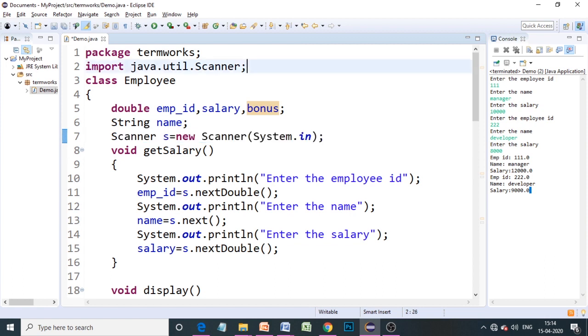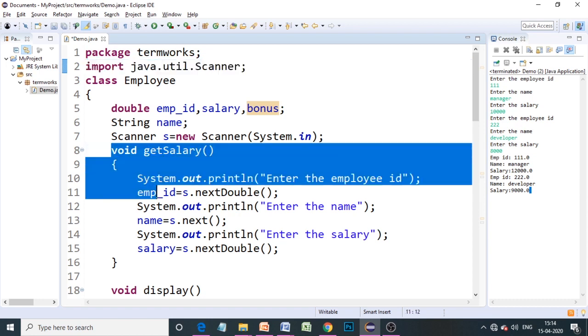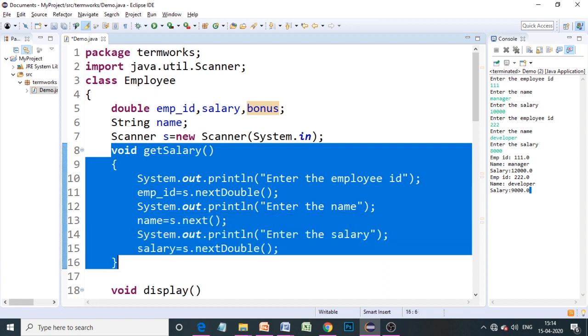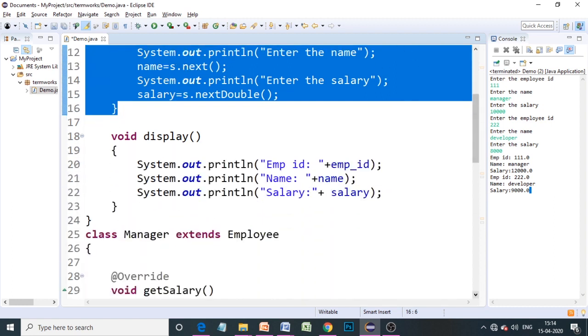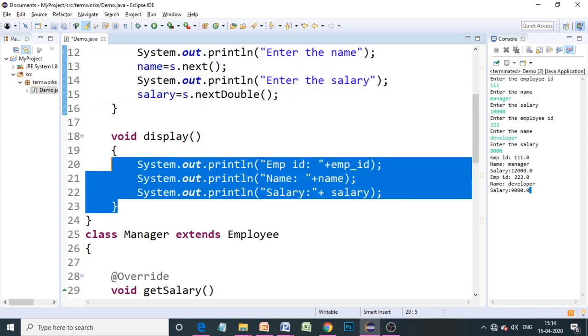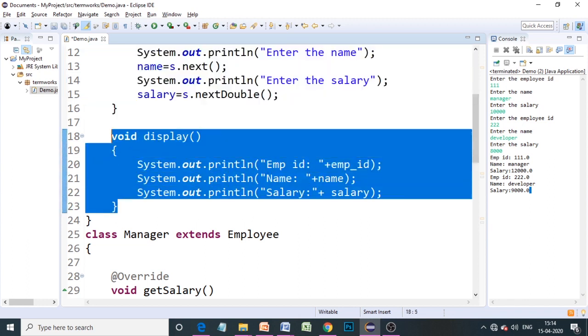So if you are using the scanner class, you need to import it, and after that, as per the problem statement, we have to write the get salary method. In this we wrote all the statements to accept the data from the user, and then we wrote the display method over here to display all the values that are stored in the data members.